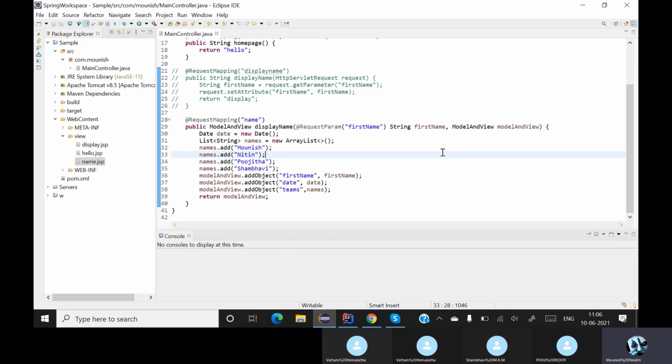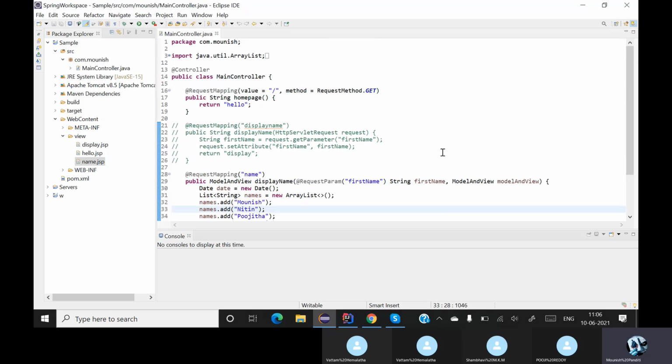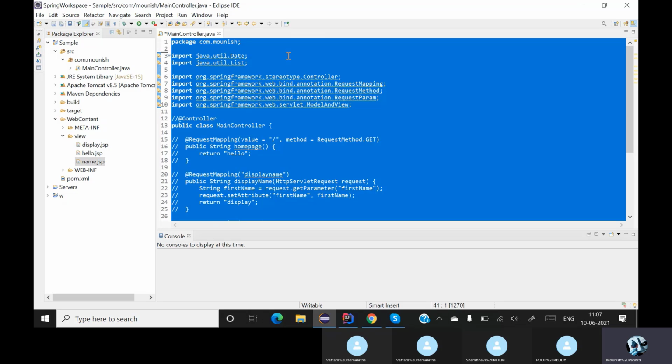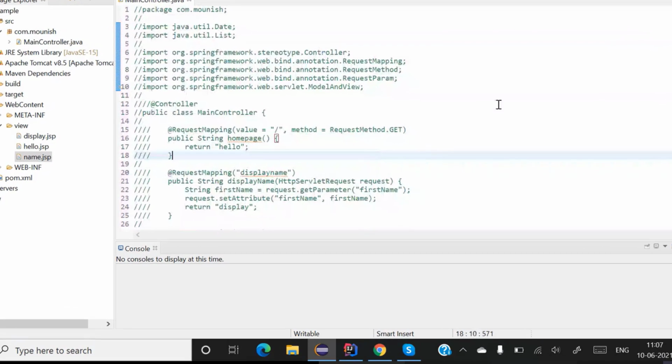So as I told in the last minute of yesterday, we just thought about working with forms. So we'll work with forms. The only thing I want to do is I don't want to use this Java file as my controller right now. So I'll remove this @Controller annotation, this request mapping also. I'll simply select everything, comment everything, done.